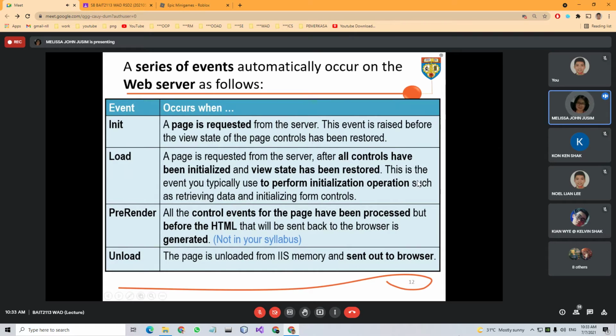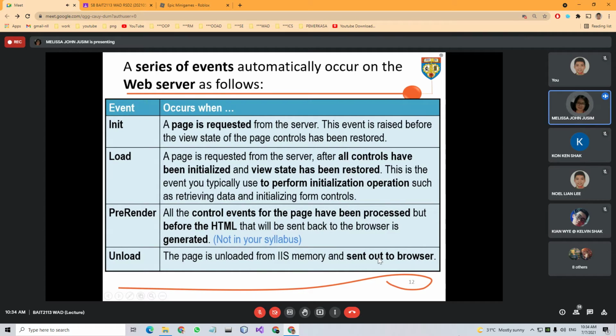But I don't have any initialization, so I don't have any init method in my C# just now. Pre-render, so all the control events have been processed before it is output to the browser, and then unload. This is where the page is unloaded from my server and then sent out to the browser.